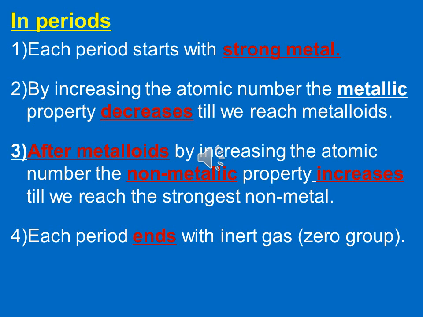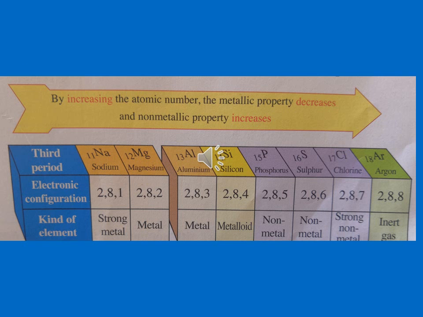So as we said, the period starts with a strong metal, the metal which can lose more because it has a large size, and then the period ends with inert gases or the zero group. This shows the relation between atomic number and metallic and non-metallic property in a period. By increasing the atomic number, which also increases from left to right,